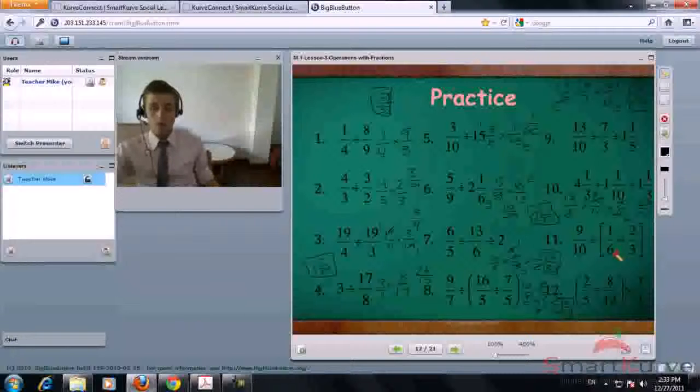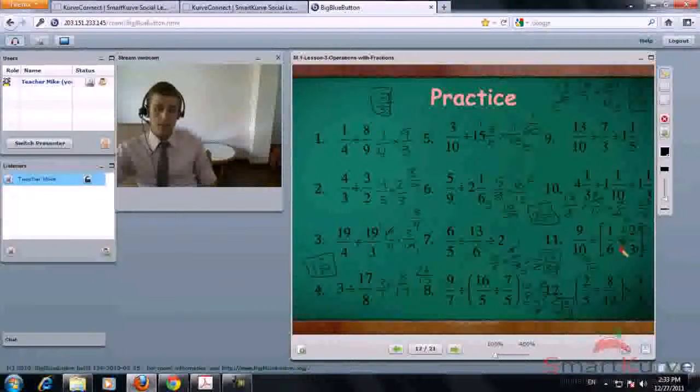Now, we're using compound ones now. 1/6 plus 2/3. First thing you do, find the least common multiple. So you need to change this 3 into a 6. Whatever you do to the bottom, you must do to the top. 1/6 plus 4/6 equals 5/6. We now have 9/10